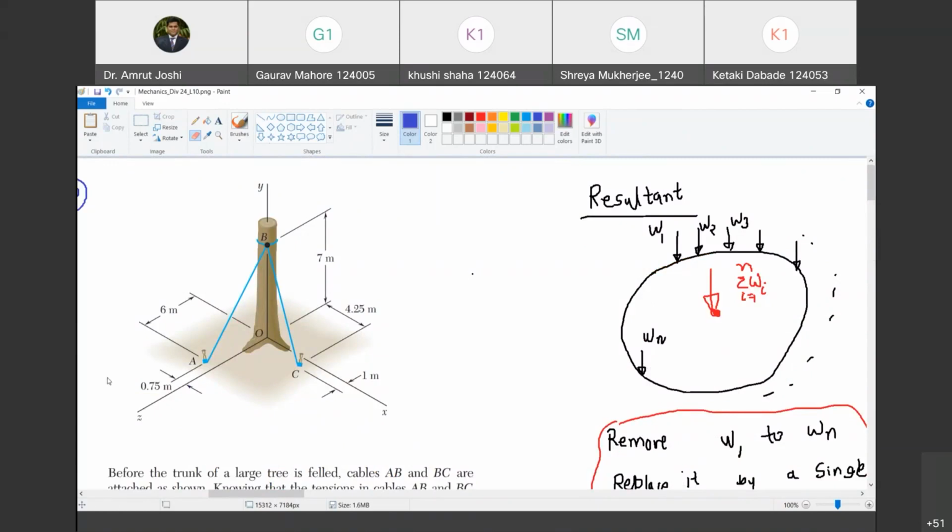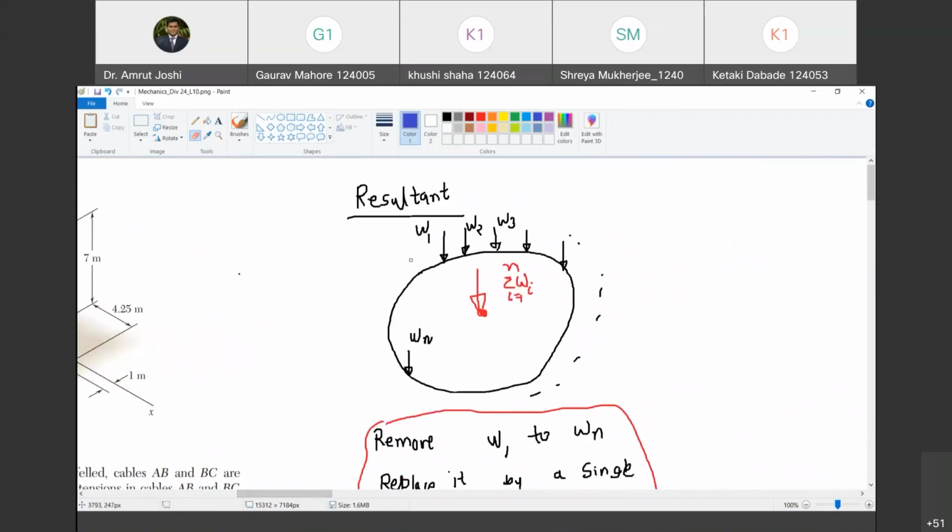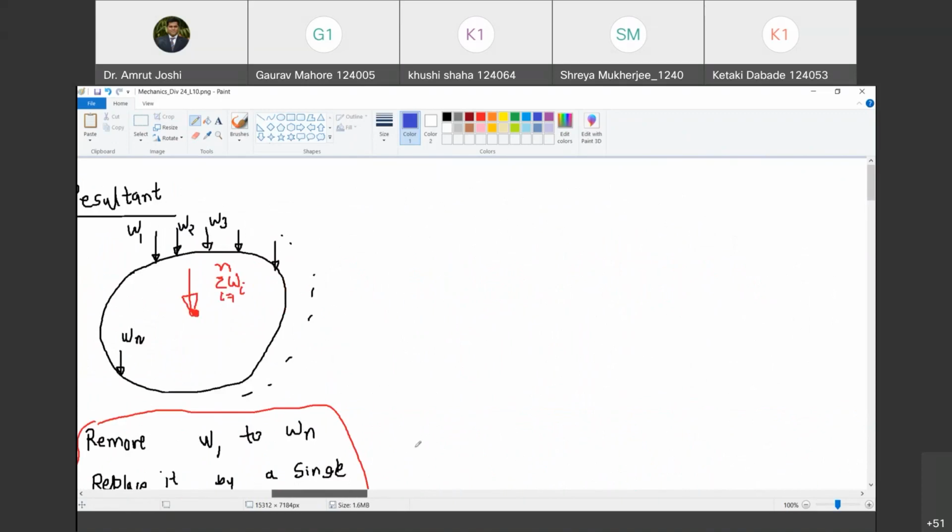Yes, sir. Okay. Now, in last class, we also discussed some preliminary notion of a resultant. We are going to build our case on that. We are going to try and understand resultant in a deeper sense. But for that, we need to understand what are the various force systems that we can deal with. So let me show those force systems to you. So let us look at various force systems.